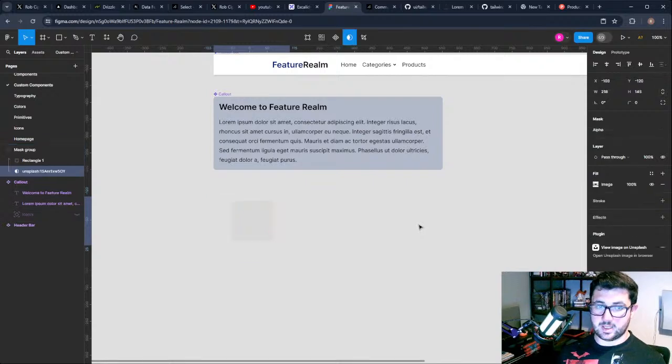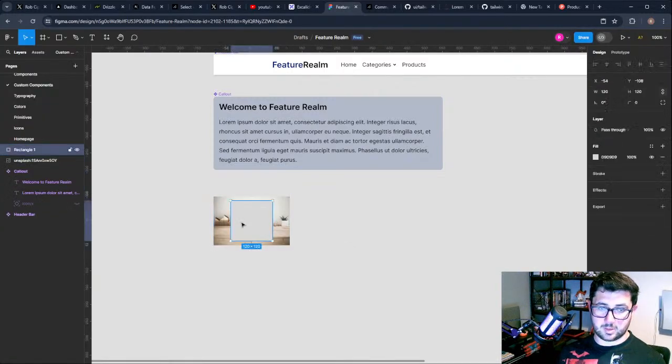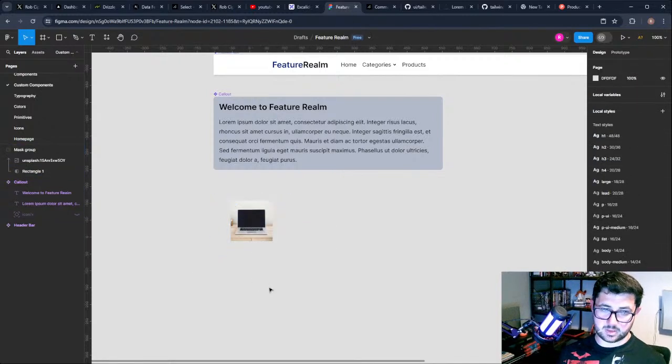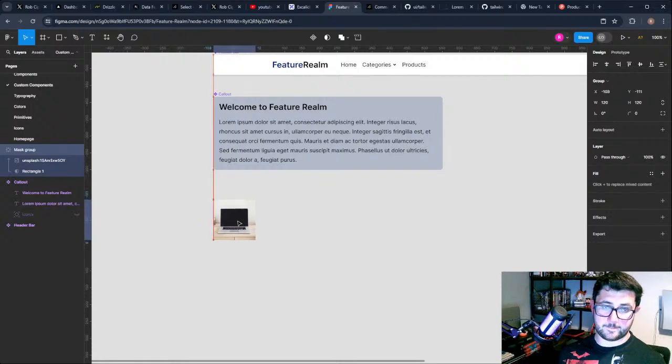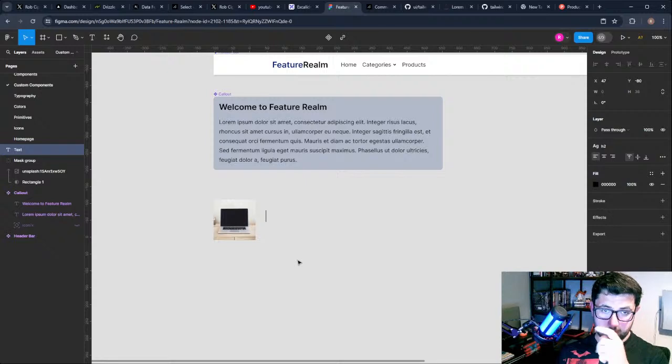So Control Alt M, not what I had in mind. So that needs to be behind that. We highlight both of those, Control Alt M, like so. Then we'll pop onto here and we'll say,